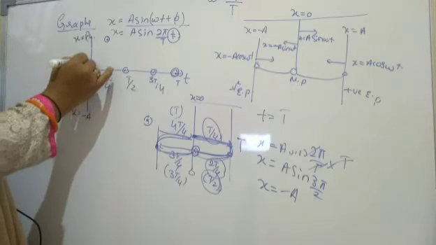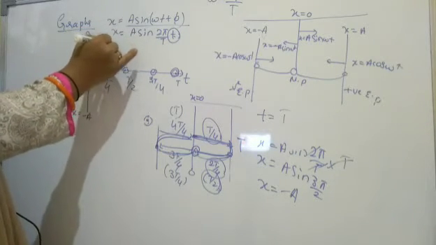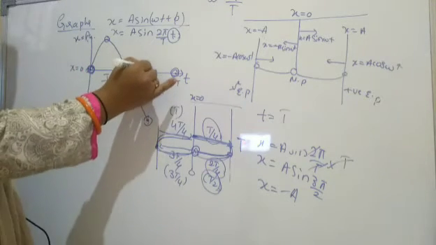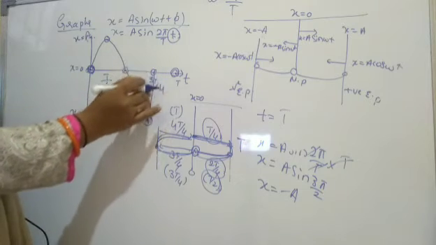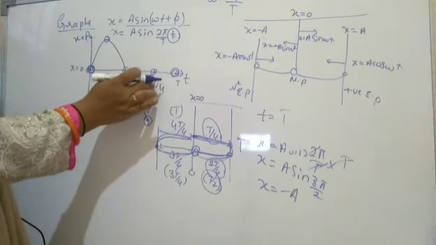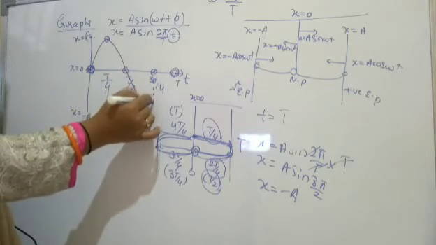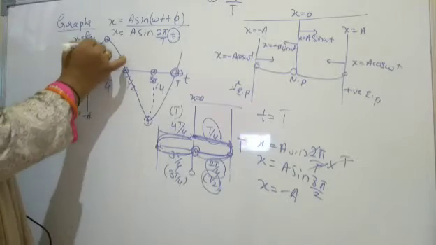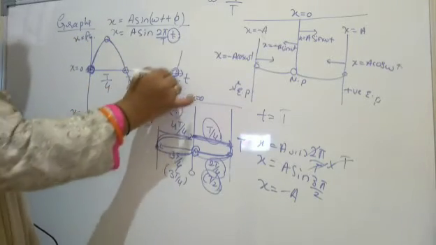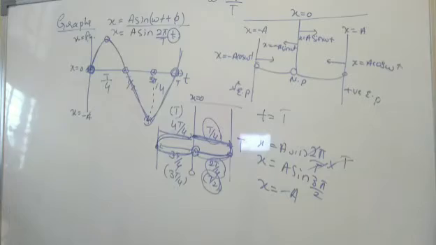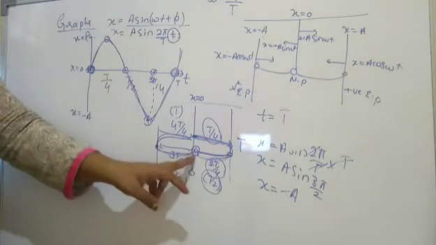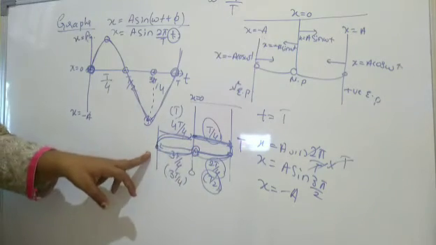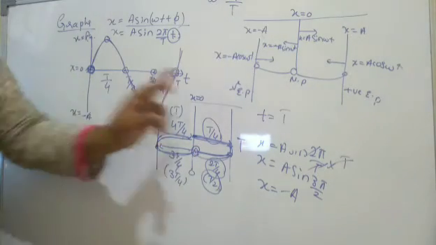Now look at the path. So join it. It comes to below here, right? This is the position, and sorry, this position is this one here, right? Now it is moving. So look at here. This is the path you are following. The body executes the simple harmonic motion when it starts from mean position to extreme positive, mean position, negative extreme position, again mean position. So that completes the time period.